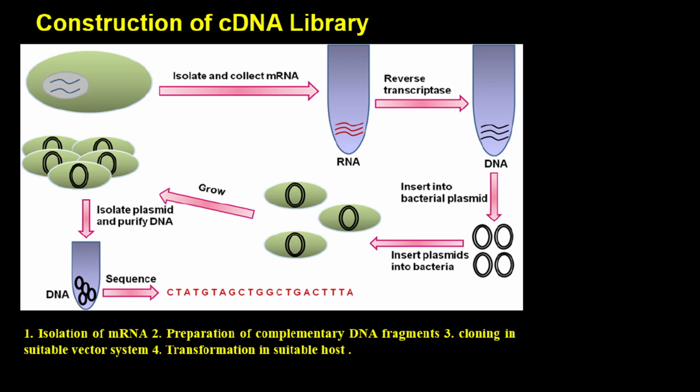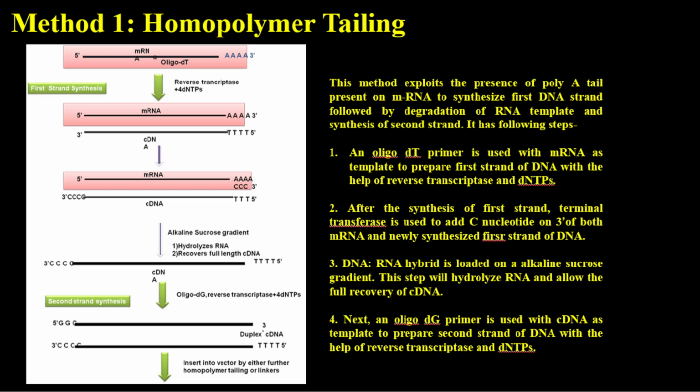it into the bacterial plasmids, and after getting it into the bacterial plasmids, we'll transform that into bacterial cells, and then after transforming them in bacterial cells, we'll grow them, isolate them, and then plasmid purify them, and that is how we get our cDNA library. Okay, so